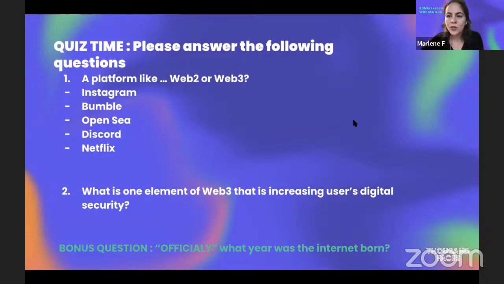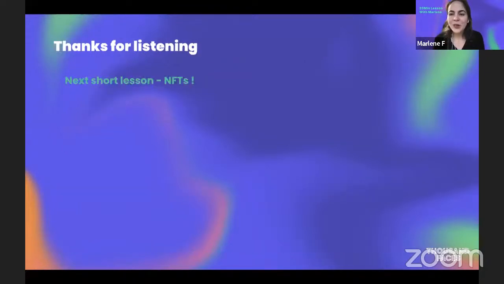And for now, I want to just close up to say that this was just a touch-up of what Web3 is in relationship to the whole history of the internet. If you're interested in a more in-depth history lesson, please let me know. I can do one of those. But for now, we will go more in depth in Web3. So a sneak peek, the next short lesson will be all about NFTs. And the next one can be a bit more technical. It will be more about blockchain and how it works, for those of you who are interested.